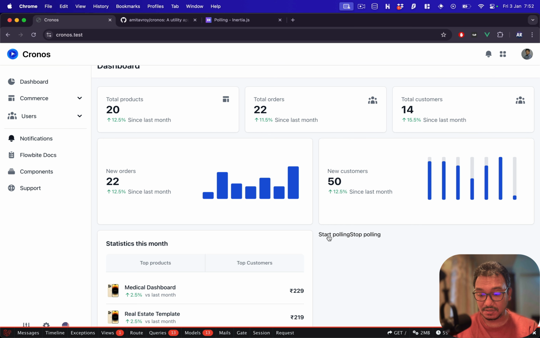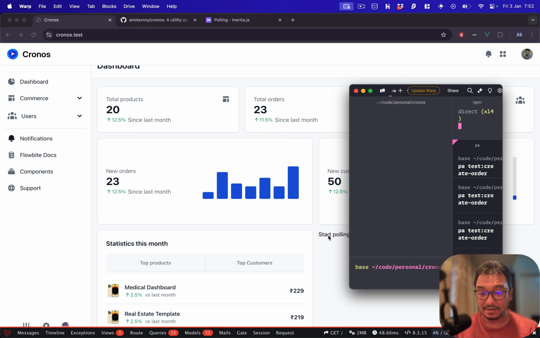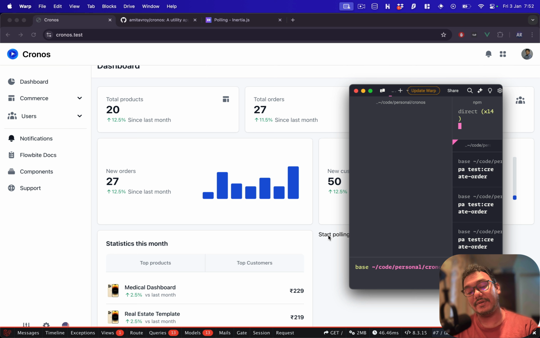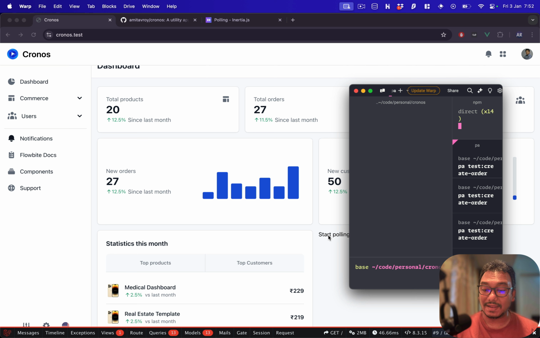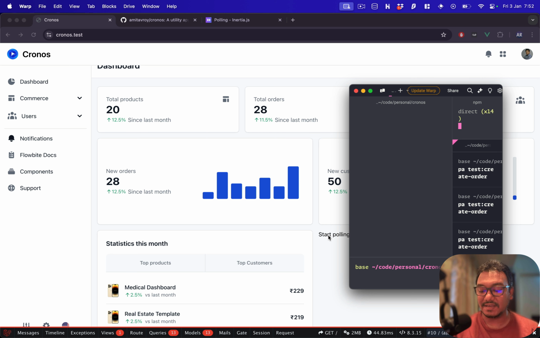Now what I will do is click on start. First of all, it should update in a second because it polled and it found new numbers. After that, if I again hit that button, can you see it went from 23 to 27? So that update is now live. That functionality is kicking in. It got to 28,